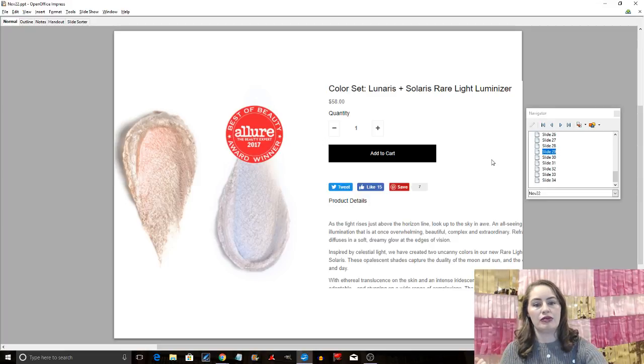So this is from Rituel de Fille, which is one of my favorite green beauty brands. They don't really peg themselves as green beauty, but their ingredients are amazing and their colors are just amazing. So this is their Lunaris and Solaris Rare Light Luminizers. Say that 10 times fast. And basically they're cream highlights, and they have 3 other colors in the range, but these 2 specifically were limited